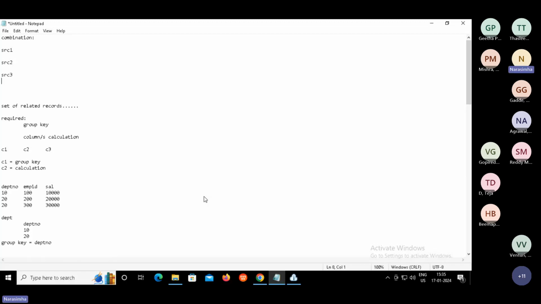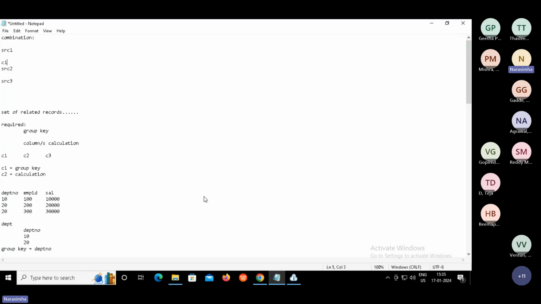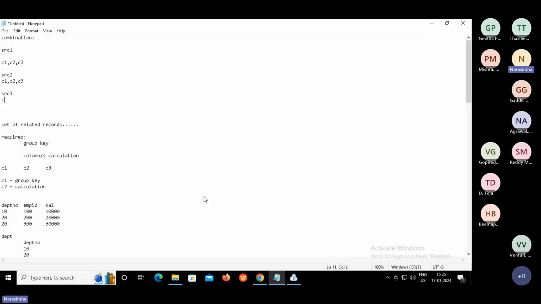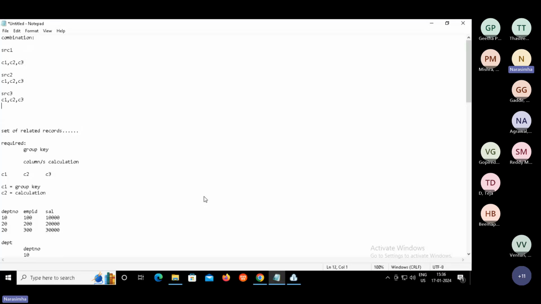For instance, here source 1, source 2, and source 3. Assuming that every source system follows the same structure like C1, C2, and C3. In source 2 also it's C1, C2, and C3. Same thing, let's say we are trying to use it from source 3 as well. Fine. This is a prerequisite, guys.